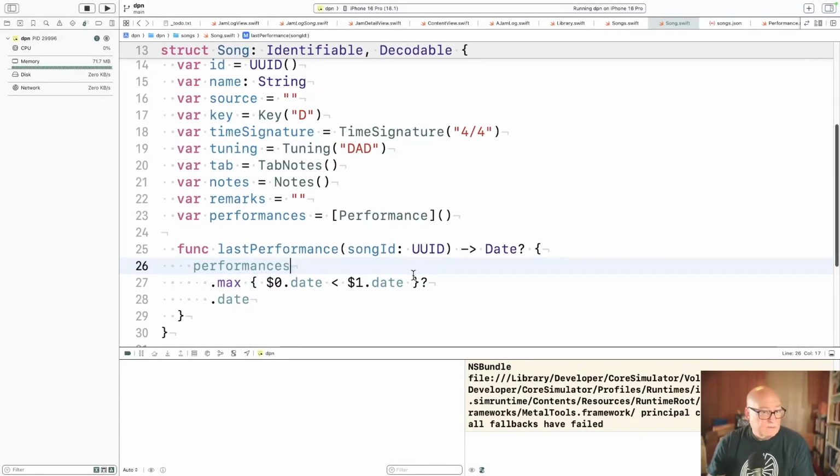Take the maximum date if there is one. Dot date. Find the performance with the maximum date and return either nil or the date field of the performance.